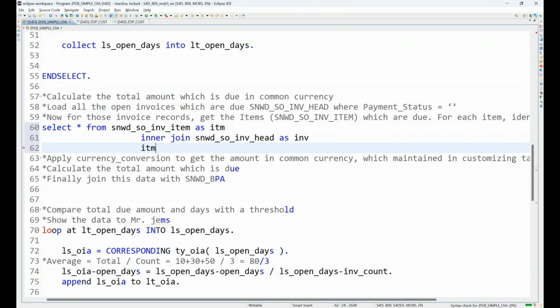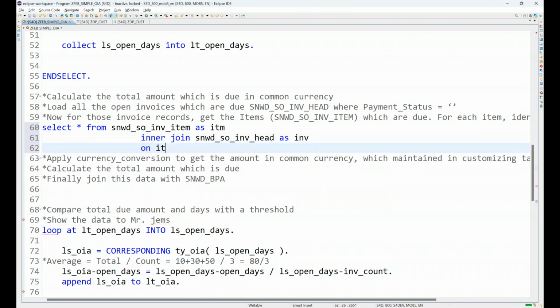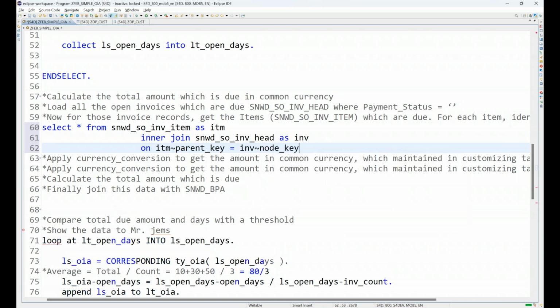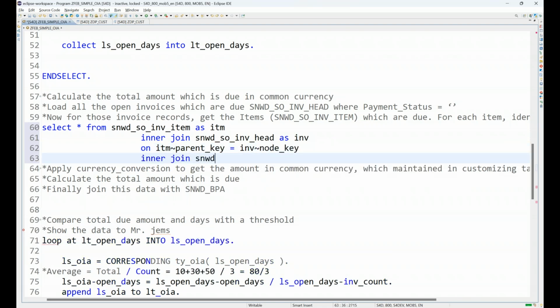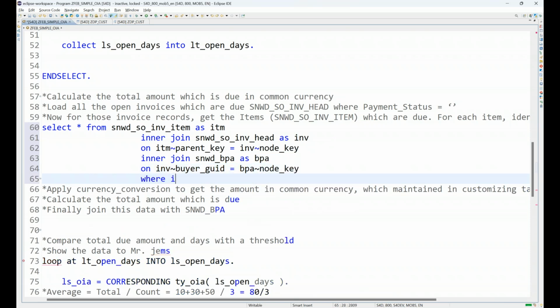My item table parent key compares with invoice table node key. Again, we do an inner join with business partner data on my header table buyer guid compares with business partner node key, where my invoice table payment status is blank,